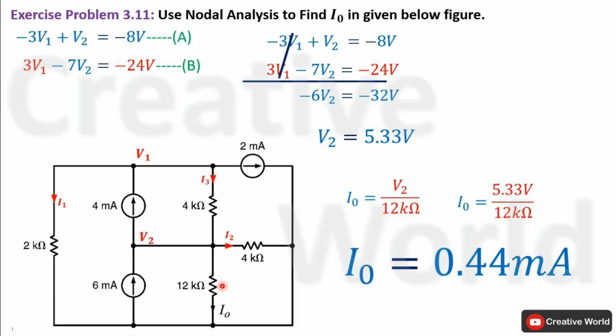So the value of current through this 12 kilo ohm branch, that is labeled as I0, will be equal to 0.44 milliampere. So this was exercise problem number